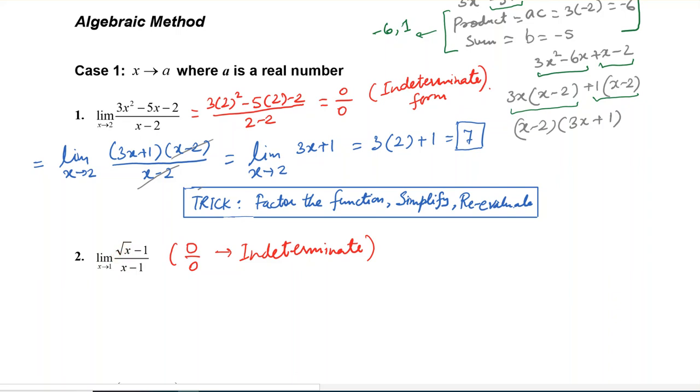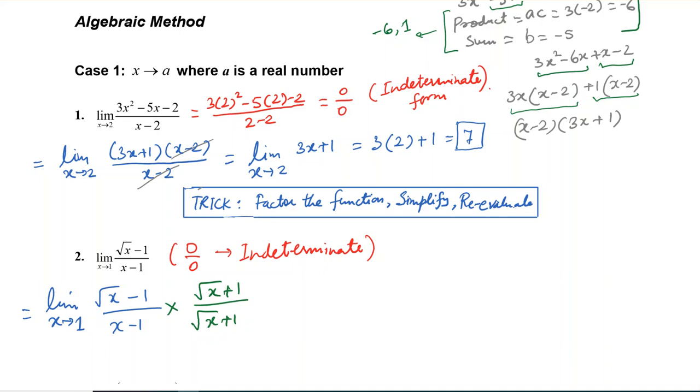So in this case, we're going to multiply by the conjugate of the numerator and divide by the conjugate of the numerator. So conjugate is you just change the sign of the expression. We notice that on the top we have this form, a minus b times a plus b, which is difference of squares. So a minus b times a plus b is difference of squares. So we're going to use this and we get